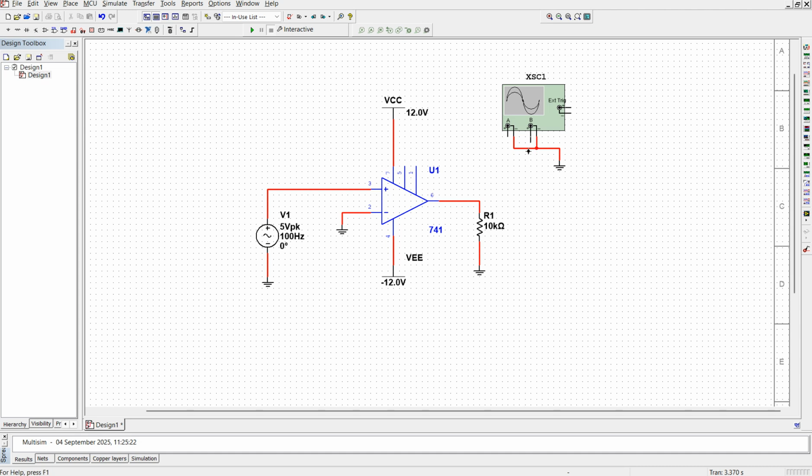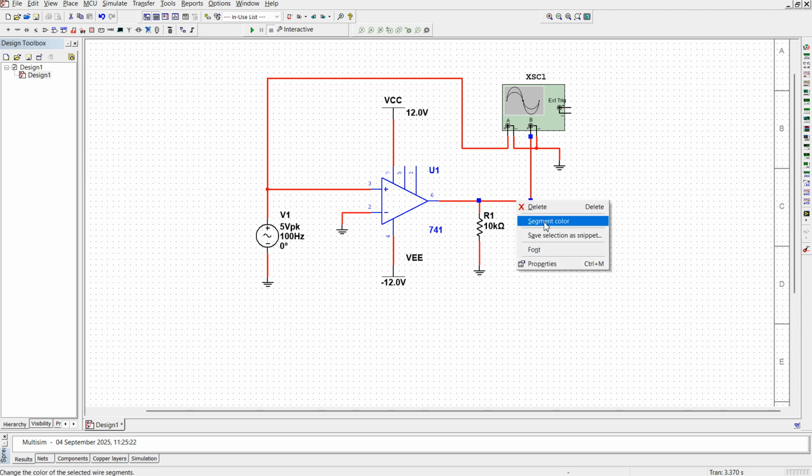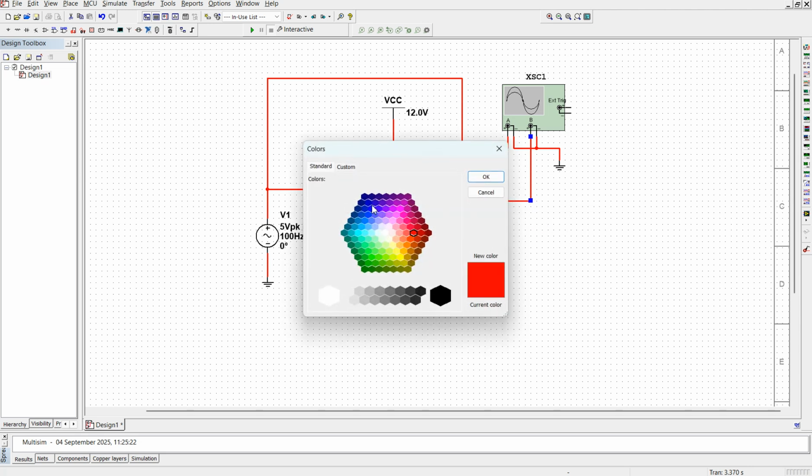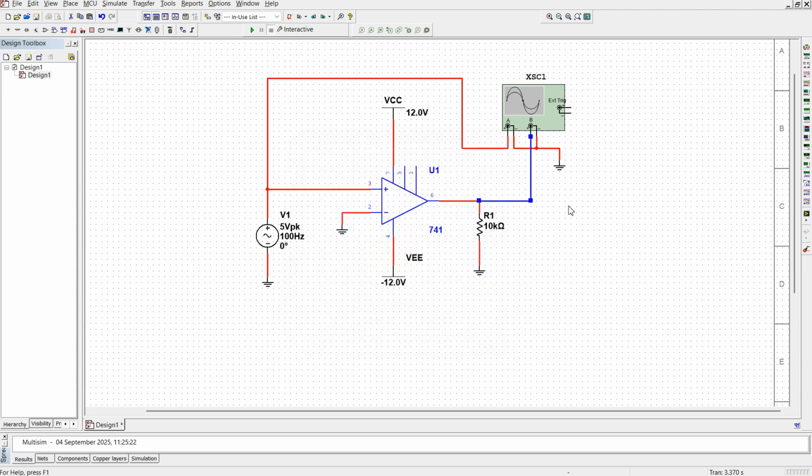So I am connecting channel B to the output and channel A I will connect it to the input. So for the clear view I am changing the output wire color to blue color. Now once all the connections have been done, then click on run,